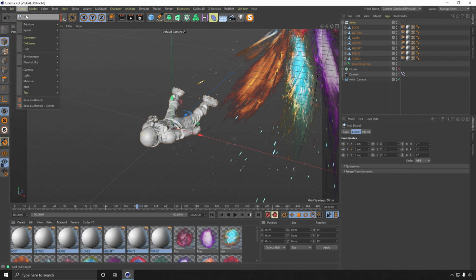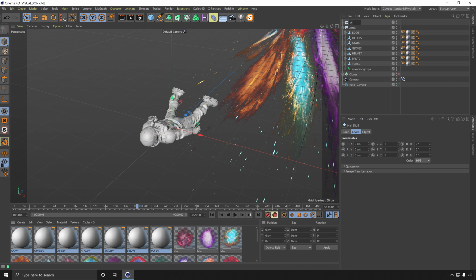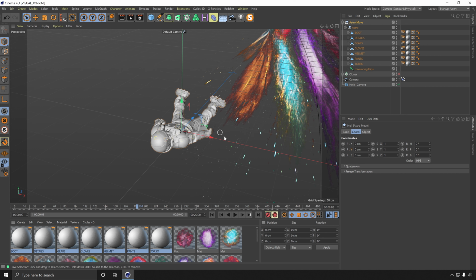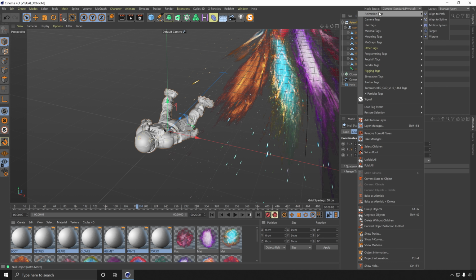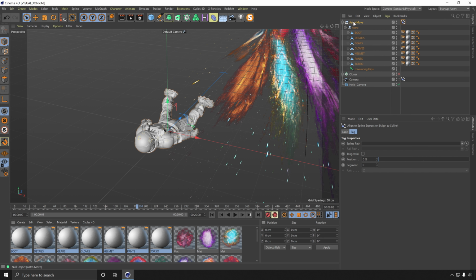And let's create another null object. Call this one Astro Move and place the astronaut null into that. So we have nested this twice. And you will see why that's important shortly, because when I attach another align to spline tag to the astronaut move object and use the same spline as the camera, so we can put that in here